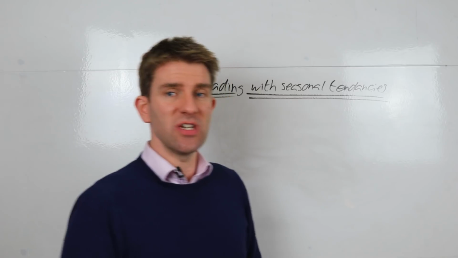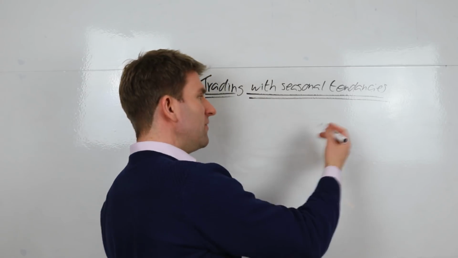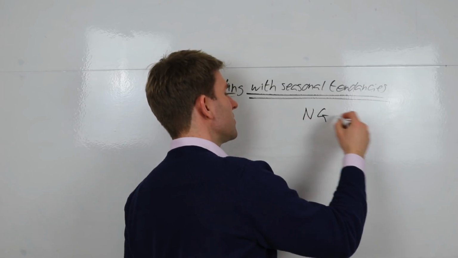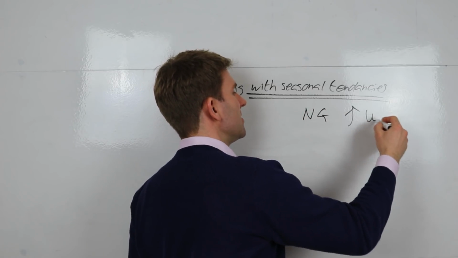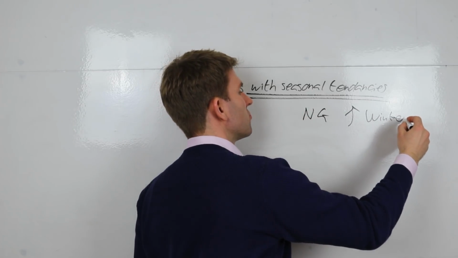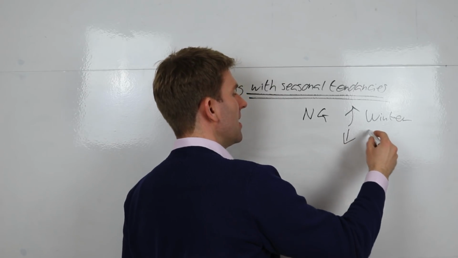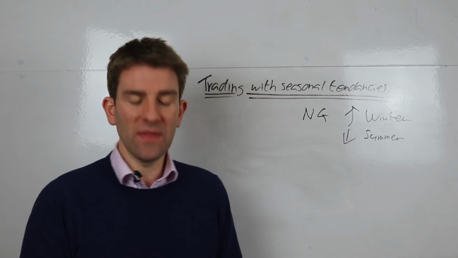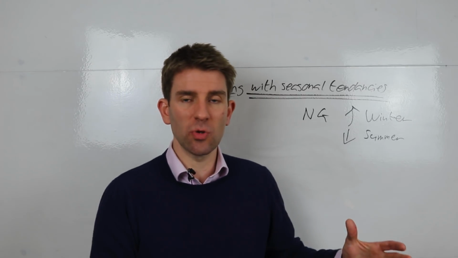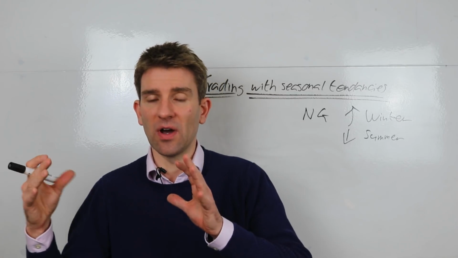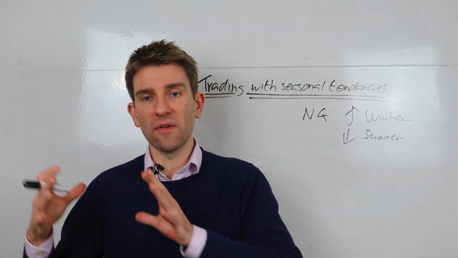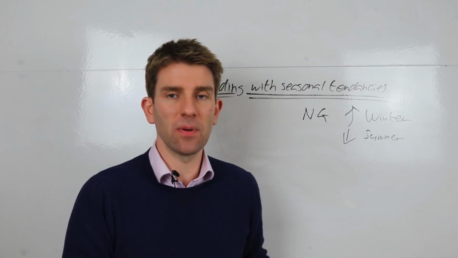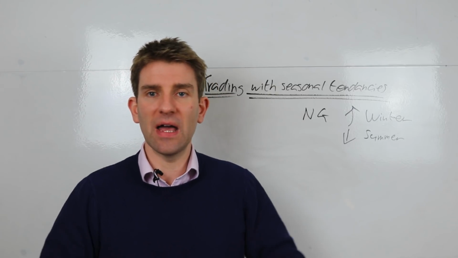Right, so trading with seasonal tendencies. The question is this: if you've got a seasonal tendency, an example is natural gas having a tendency to rise in the winter, when demand is high, and decline in the summer when demand is low. There are lots of commodities that go in cycles like this, based on the season they're grown, the frost season, the winter season from the demand side and the supply side. And there's loads of information on that if you're interested.